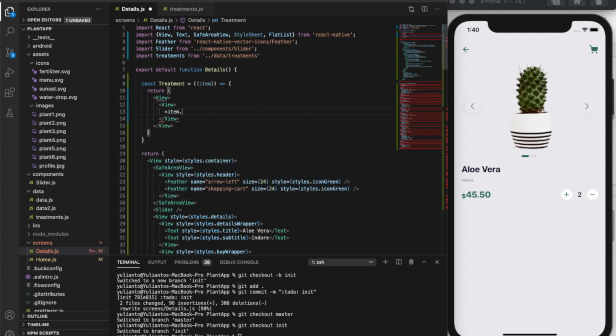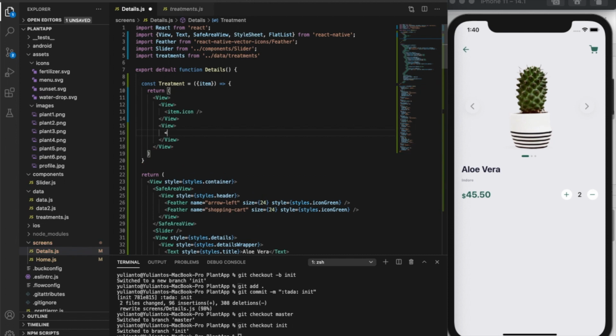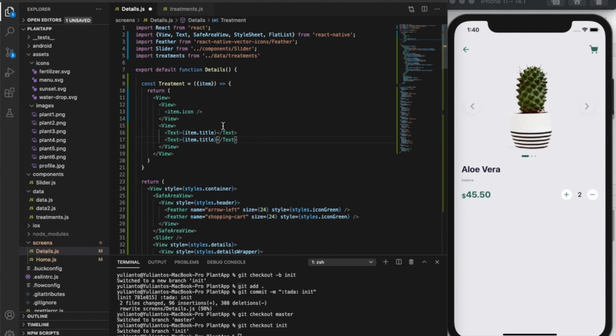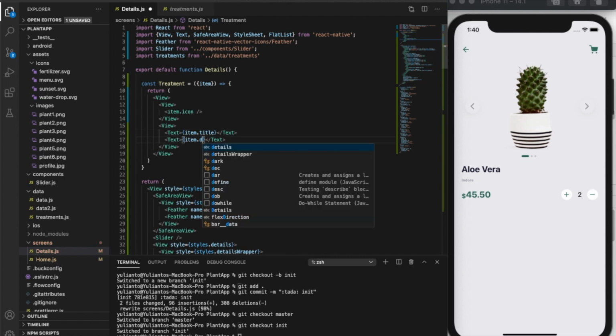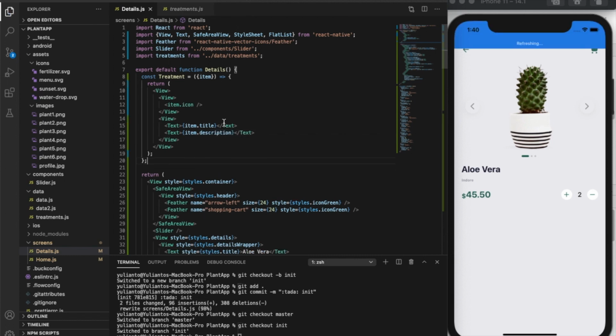It will be item dot icon, and down here another view and text. The text will be item title, another text will be item description. Okay, save it. You can see that's a little bit of some icon here,